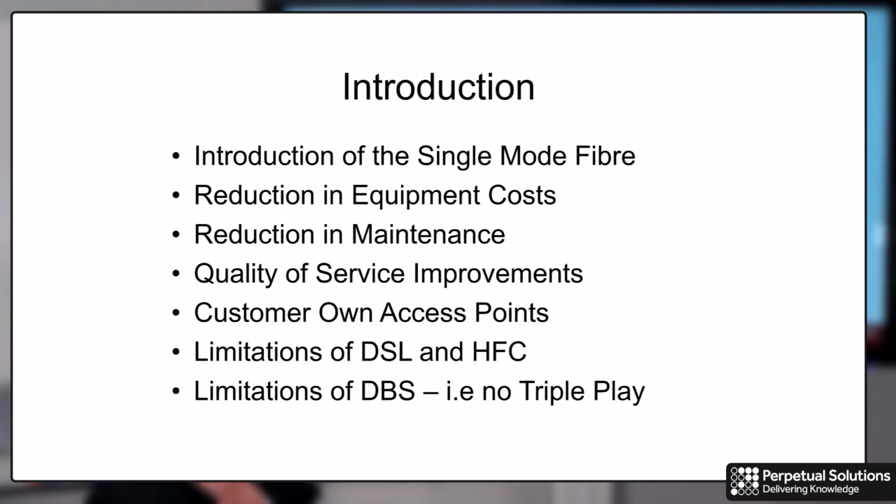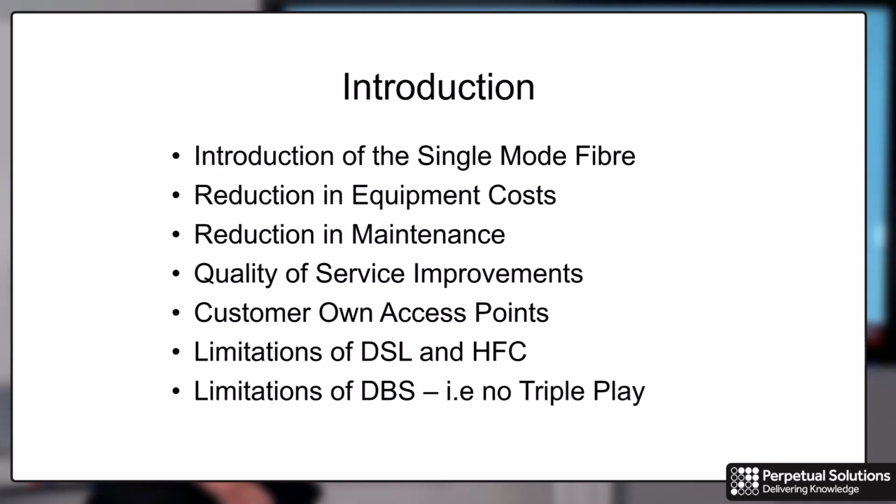So let's have a look at the introduction then. We're going to have a look at why we're going to be using the fibre types, and why indeed single mode fibre. One of the issues of having a passive optical network, the idea of a passive network, is that we haven't got any active components between the OLT and the customer side equipment, so that reduces the costs. It also reduces the maintenance costs. If there's no active components in the network between the two ends, the head end and the customer side,